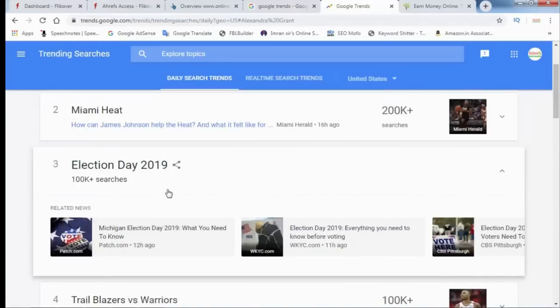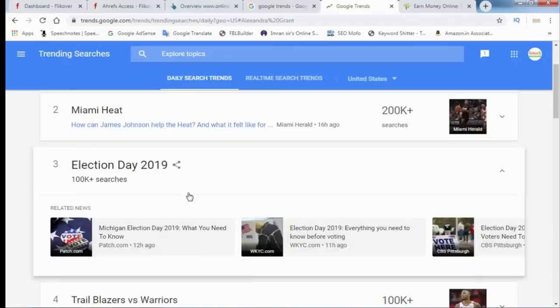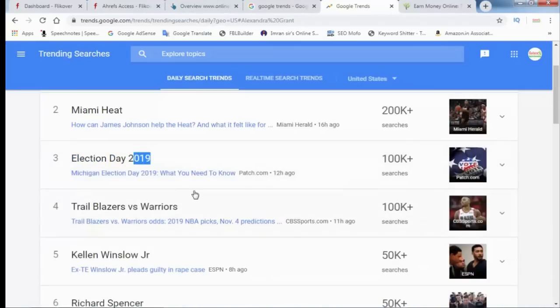So if your website is not ranked on Google, then you can write articles on trending topics. If you write an article on this keyword, then your article may be ranked on Google.